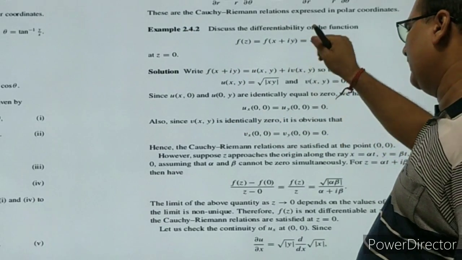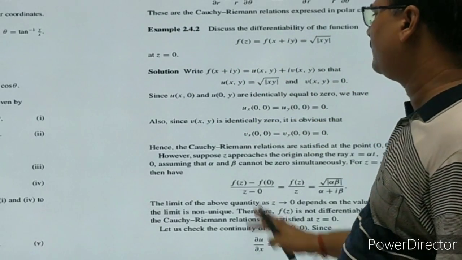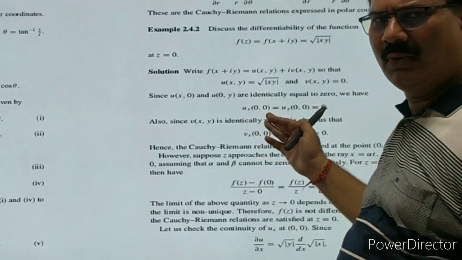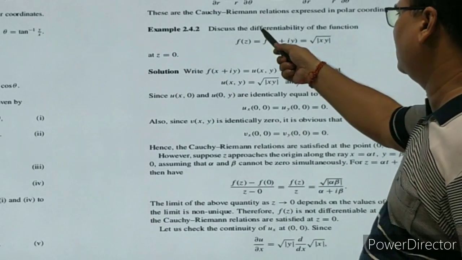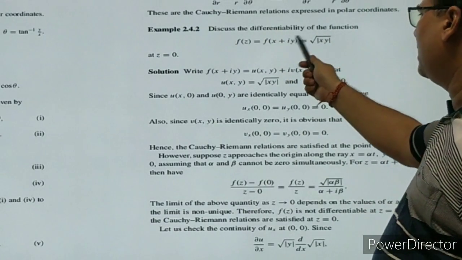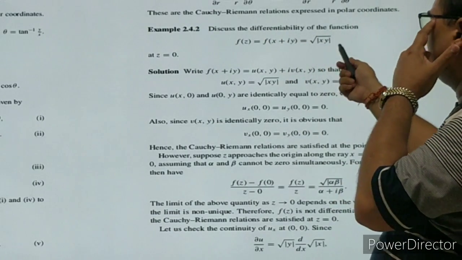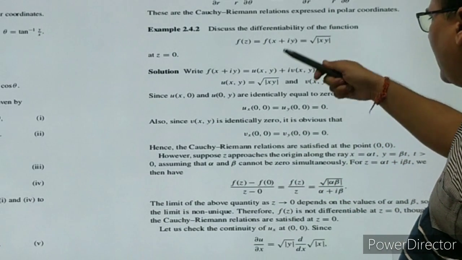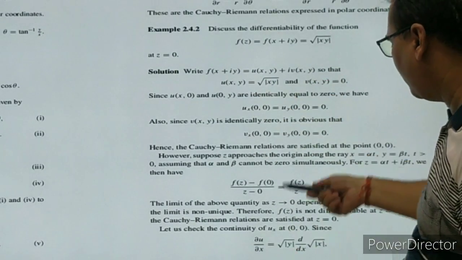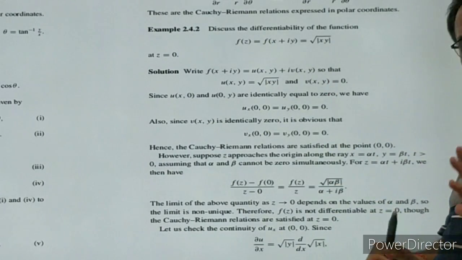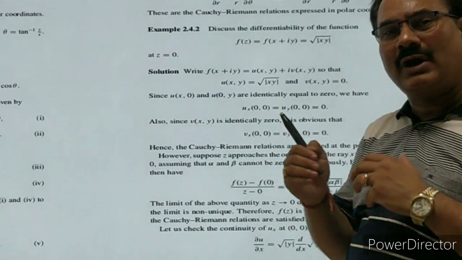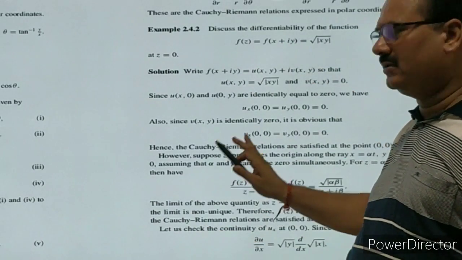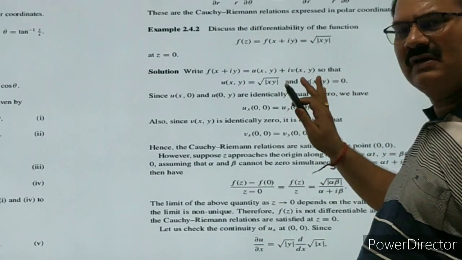This is one of the very good examples. It is always a favorite example of all the examiners and experts. They always ask this problem in the major examination to discuss the differentiability of the function, or any different kind of function. But this is one of the important problems, the square root of xy. So this is the proof of how you will write it at least. Sometimes you know, but you don't know how to write step by step. Because of that, you have to go through this solution and practice how to write.